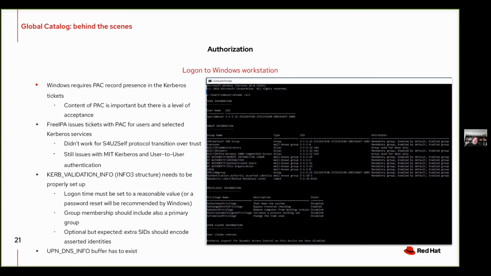Not every single kind of group information that is available there is available in the PAC. Many of those are automatically added to the security descriptor of the logged user by the system itself.